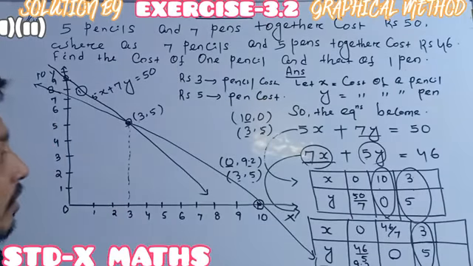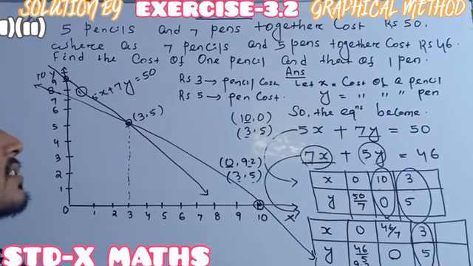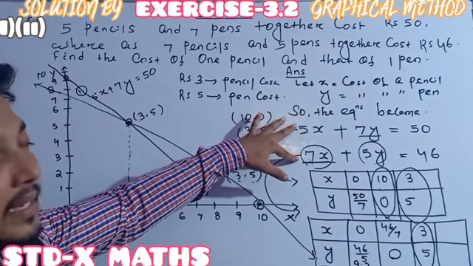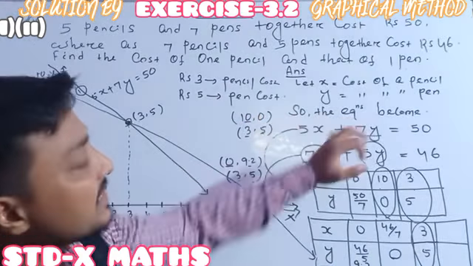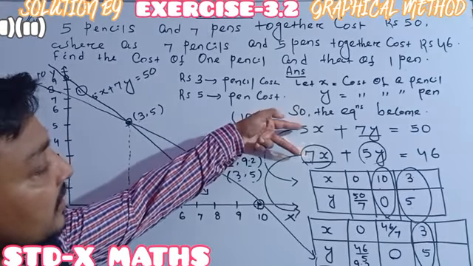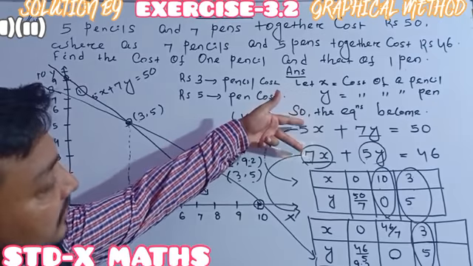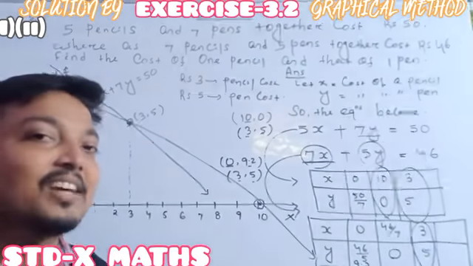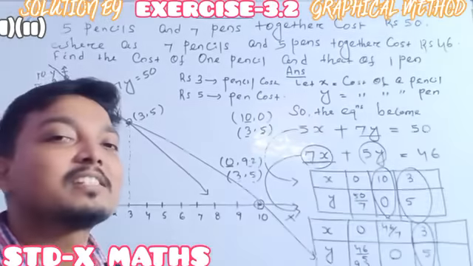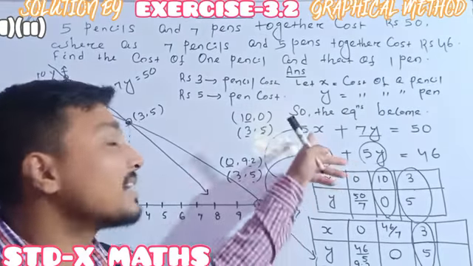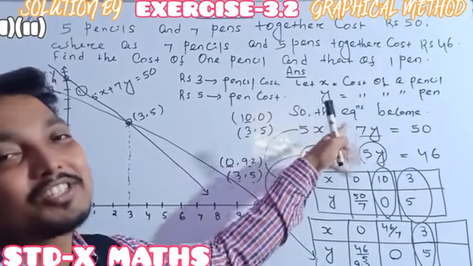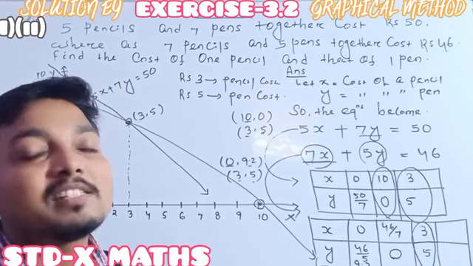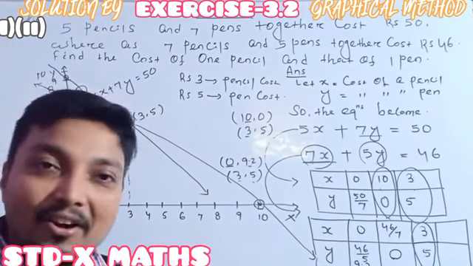Ready? Also, before drawing the graphical representation, one can do the checking just like this. Here a1 by a2 is 5 by 7, b1 by b2 is 7 by 5. Here the ratios of the coefficients are not equal. So from the start one can check whether the graphical representation will be intersecting or not. It is better, before drawing the graph, to just check, so that it gives you an idea whether the lines will be intersecting, otherwise parallel, otherwise coincident. Understood or not understood? Okay.